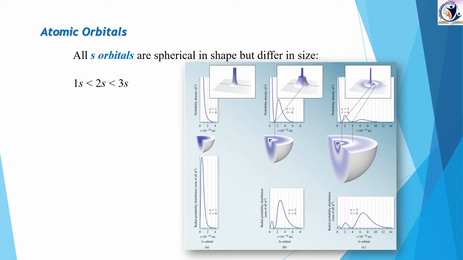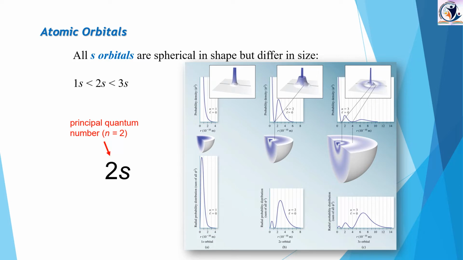Of course these are all s orbitals, but there is a variation in their positions at different shells. If the s orbital is present in the first shell, it has one size, if it belongs to the second shell, it has a different size, and if it belongs to the third shell, it has another different size. These are the cross sections of these shells that I have produced for you to understand.